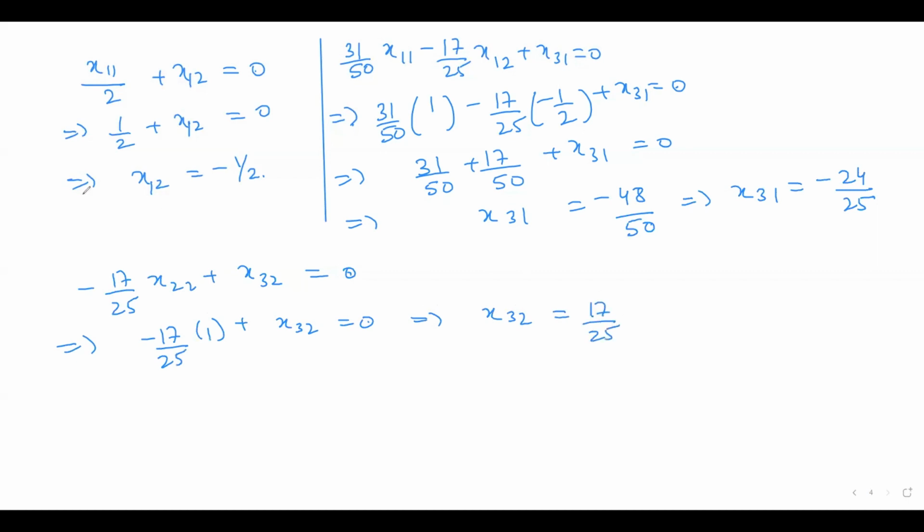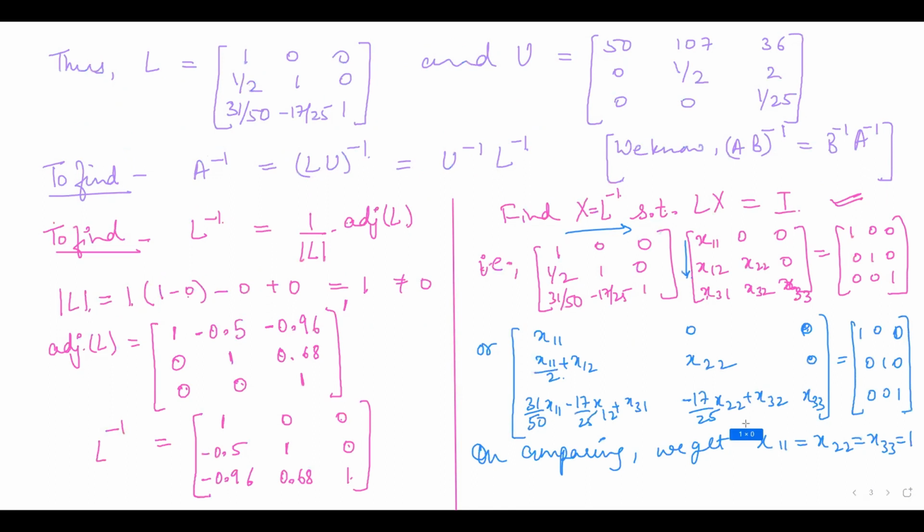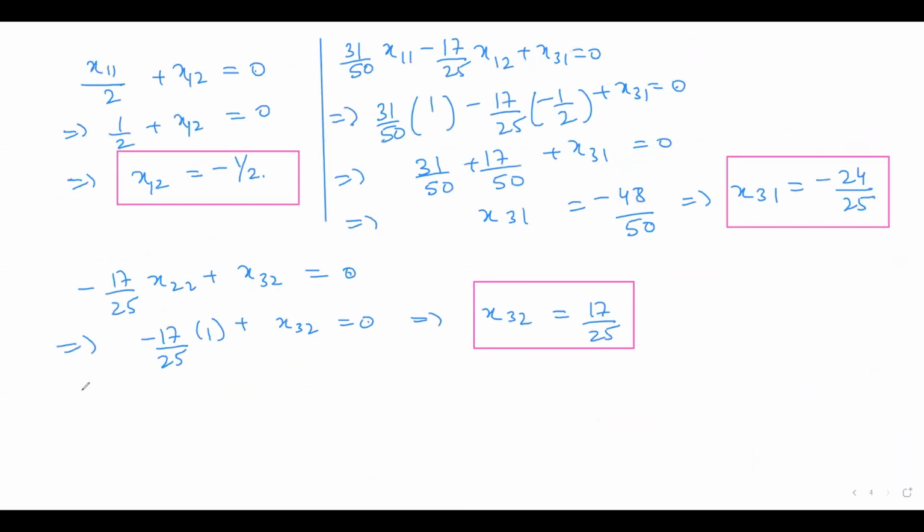So now you could see here the values that I am getting: x32, x31, x21, and previously these values. So using this, I can find out X. So thus L inverse, that is X, is nothing but